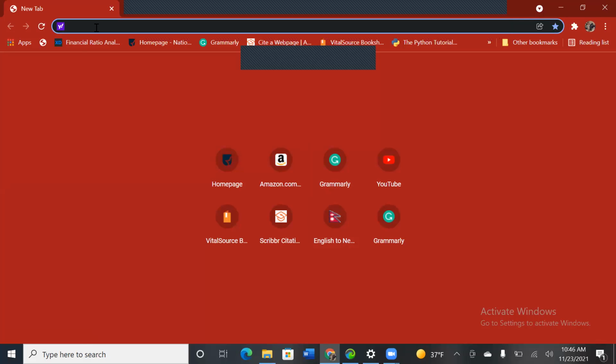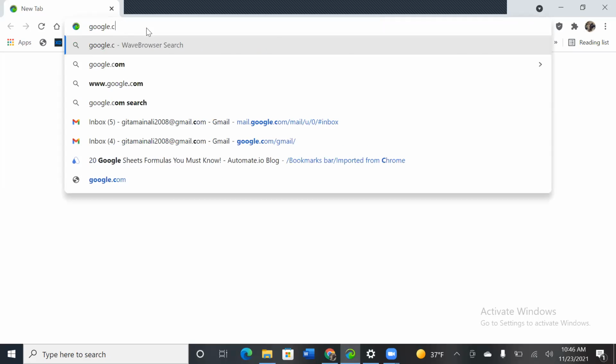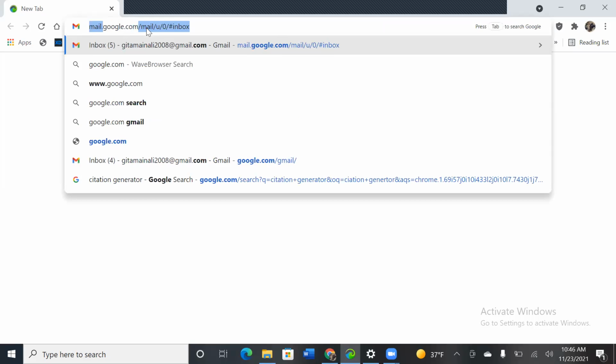Now you search here, type Google first. By default, Yahoo is coming, so type google.com first here. Select the second option.